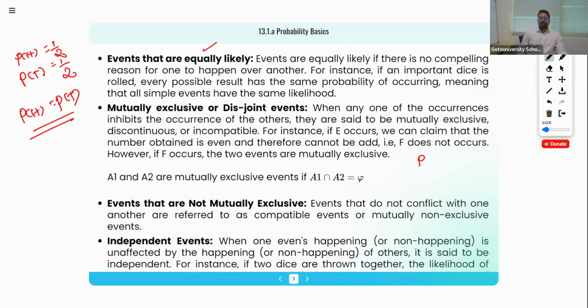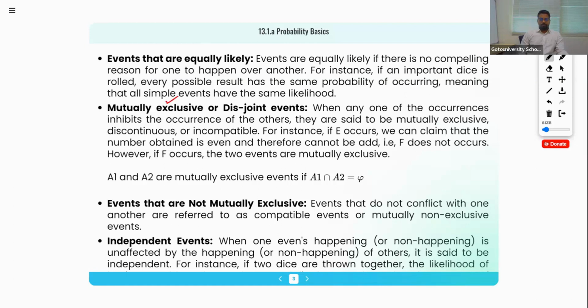What about the probability of getting a 1 in a die? It is also equal to that of 2 in a die, also equal to 3, also equal to 4, also equal to the probability of 5, and also equal to the probability of 6. All these are equal to what? 1 by 6. So what kind of events are these? These are equally likely events. Okay, so next what we have is